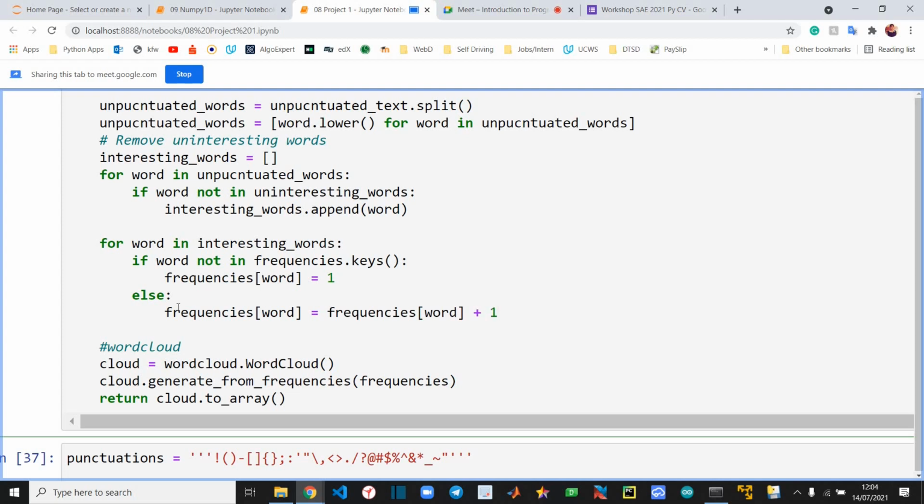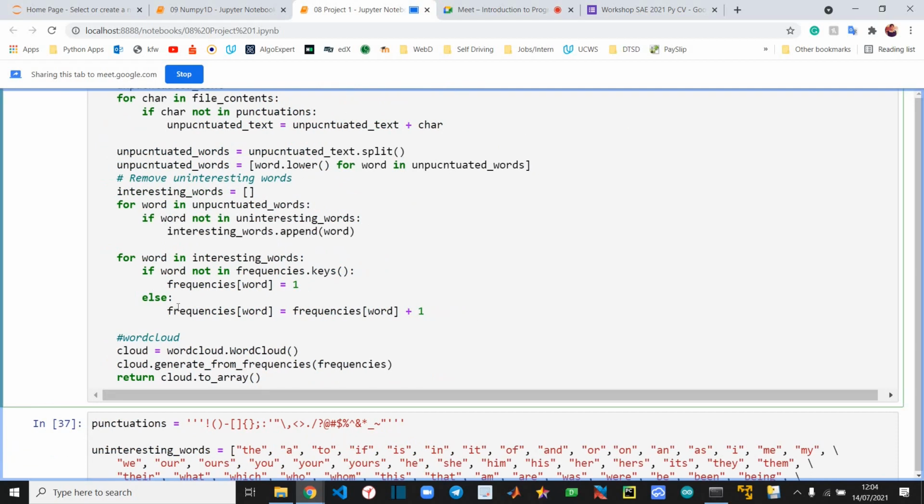We'll just add every time. Okay, we have counted this word before, and now the word occurs again, and we will count it again.